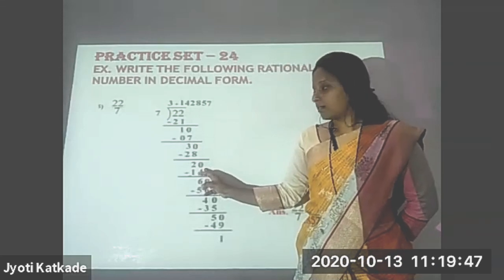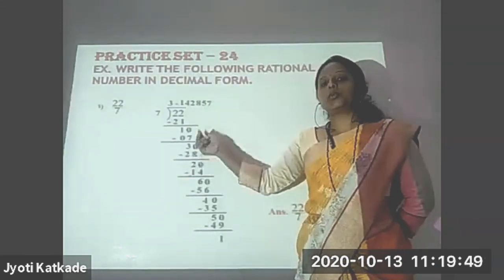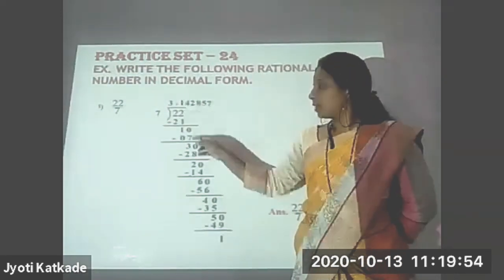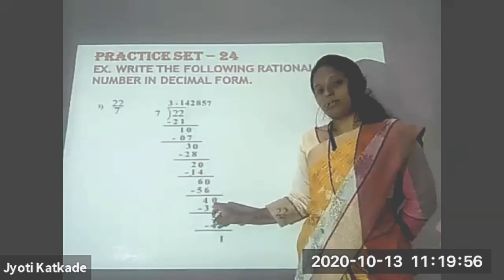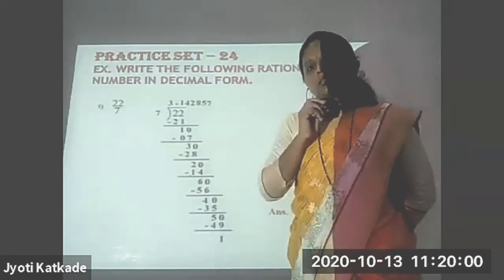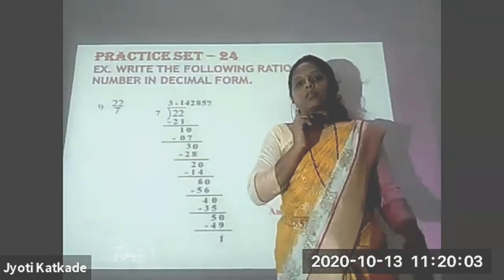Yes, it's not necessary to put the decimal point again. Only one decimal point is taken, then we can take 0 again and again in the next step. Now, is your doubt clear? Okay. Have you any question, other students? All of you understand this topic? Yes. Okay, thank you, students.